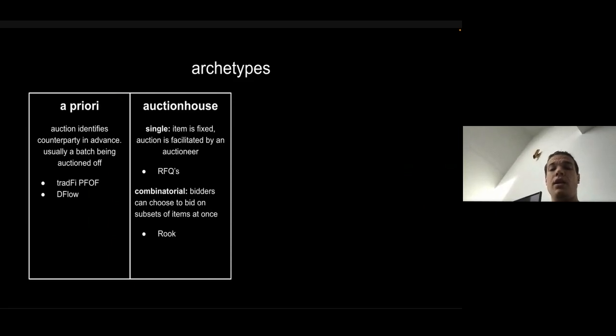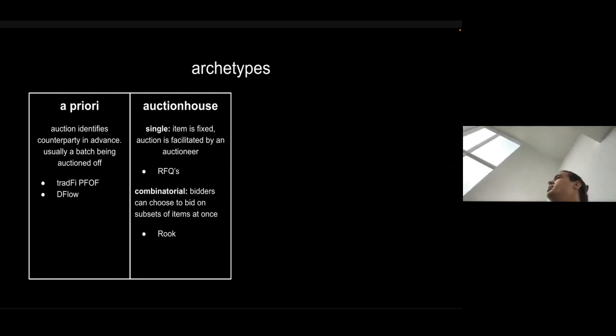Then another design, which I've called auction house, for lack of a better term. There are two kinds of designs in this auction house space. This is the thing that comes to mind when someone says auction. There's something being sold, a bunch of people placing bids, and then eventually, according to some rule, maybe the highest bid is chosen, and the allocation happens like that. So you can have the single transaction case: here's a transaction, take all the bids for the transaction, it's allocated. But this isn't necessarily that economically efficient,